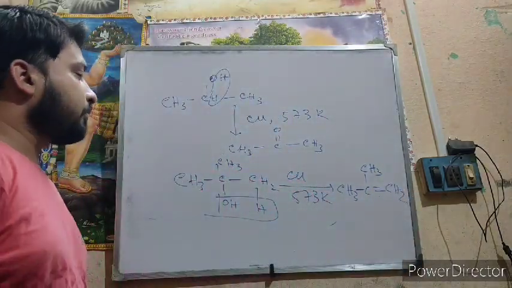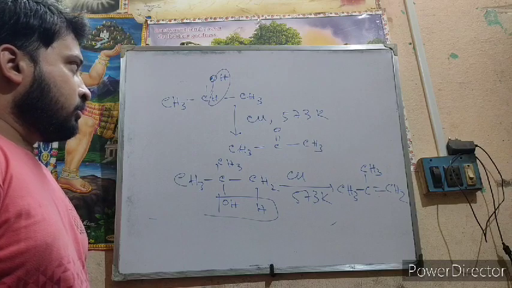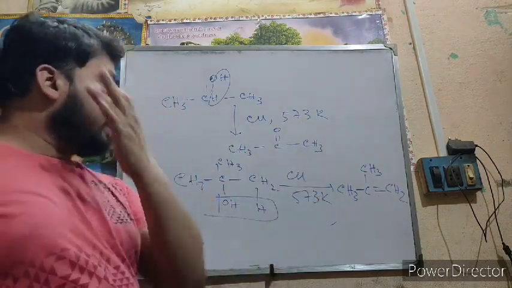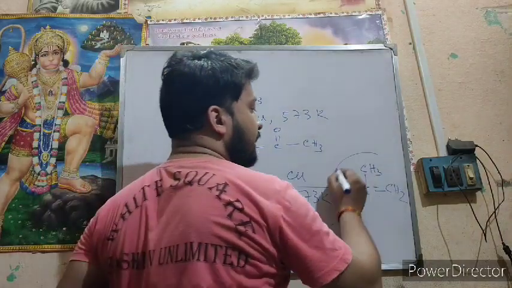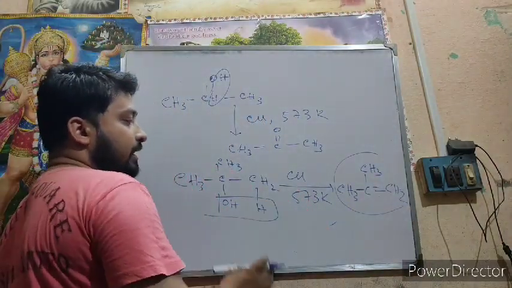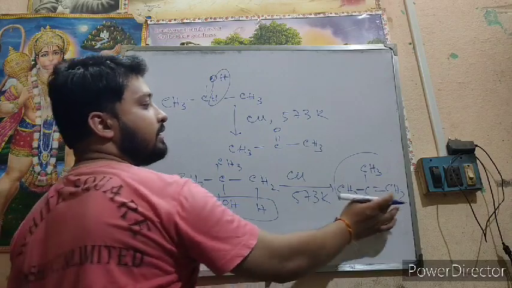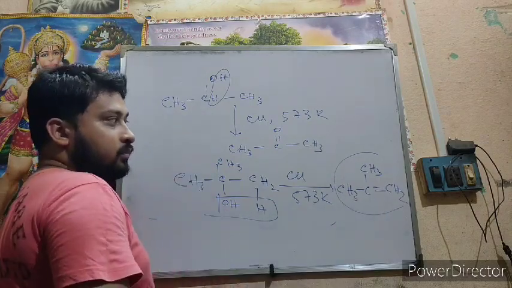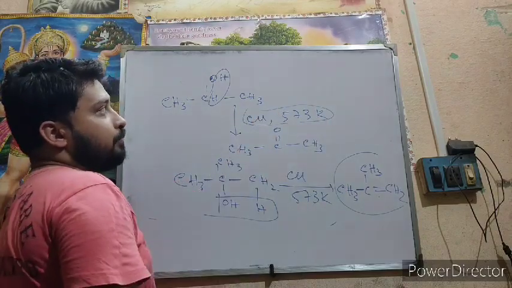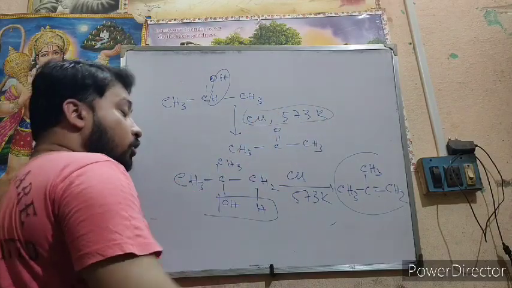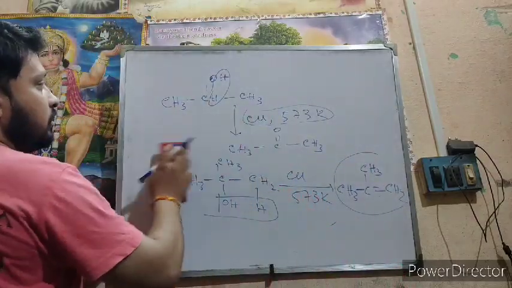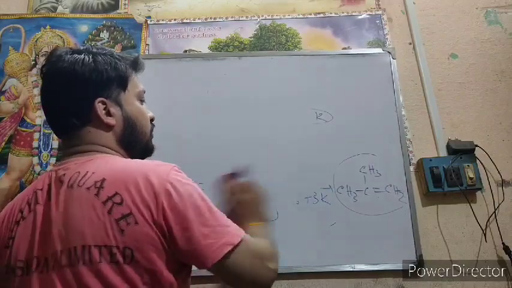You can write this. So if you use Cu and 573 Kelvin temperature, you see that from this 3 degree alcohol you get this alkene compound. For copper and 573 Kelvin temperature, only for this,